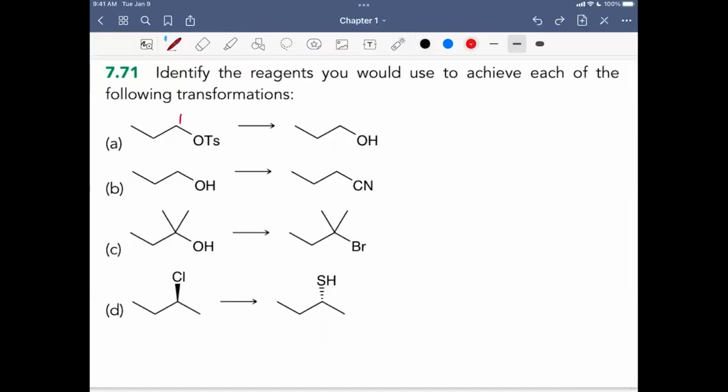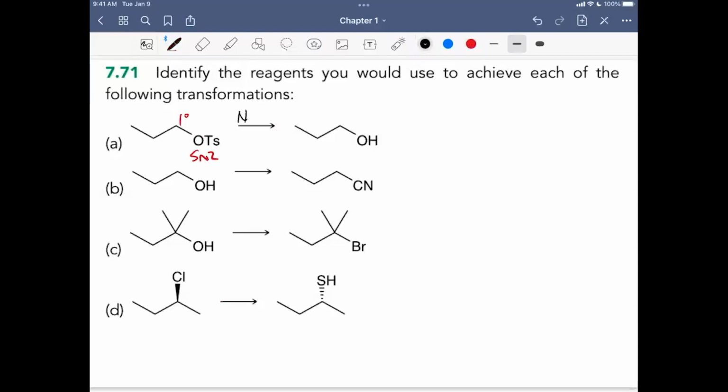So for this one, we have a primary carbon and we're going from OTs to OH. If it helps you to rewrite this OTs as any other good leaving group, like a chlorine, that's totally fine if that helps your understanding. But all we're doing here is SN2 substitution. So all we have to do is find a reagent that goes from whatever our good leaving group is into